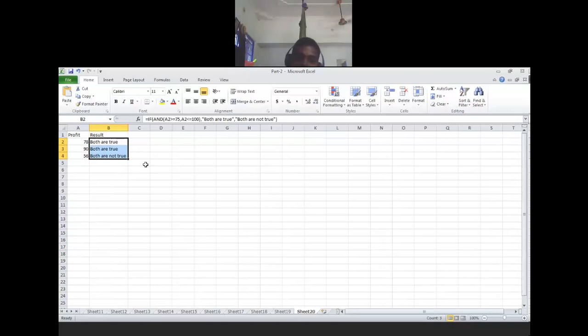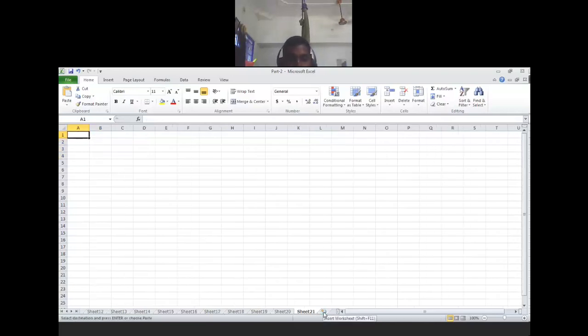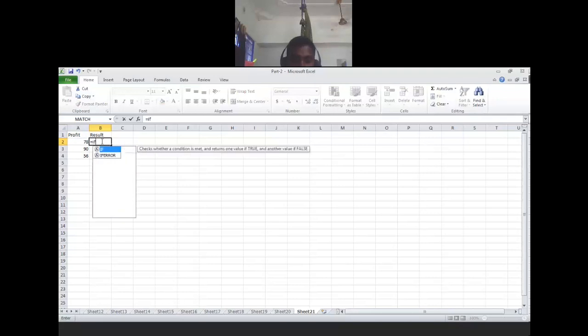This is the sixth formula, IF AND. Okay, and the seventh formula, IF OR. IF OR means if any one condition is true, you get the output true. For example, I'm taking the same thing, profit, and other values, and a result column. Same thing, equal IF open bracket OR open bracket, this greater than equal to 75 or anything, again this less than equal to 100,